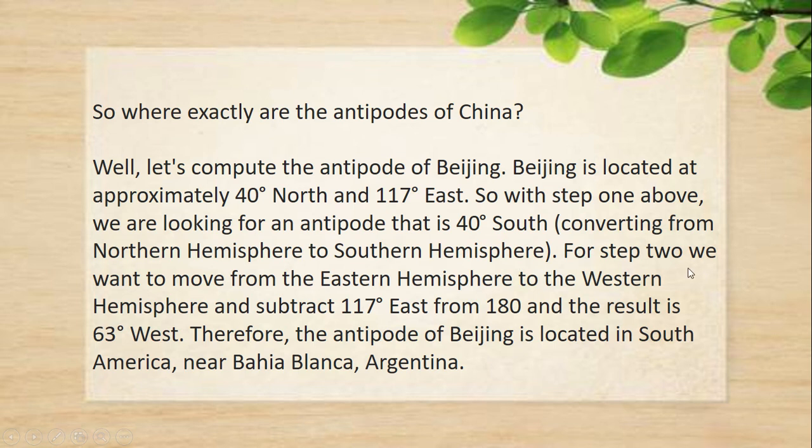For step 2, we want to move from the eastern hemisphere to the western hemisphere and subtract this 117 degrees east from 180, and the result is 63 degrees west. Therefore the antipode of Beijing is located in South America near Bahia Blanca, Argentina. In this way you can calculate the